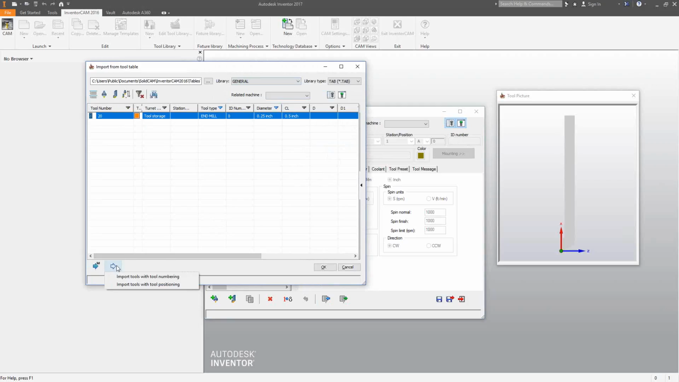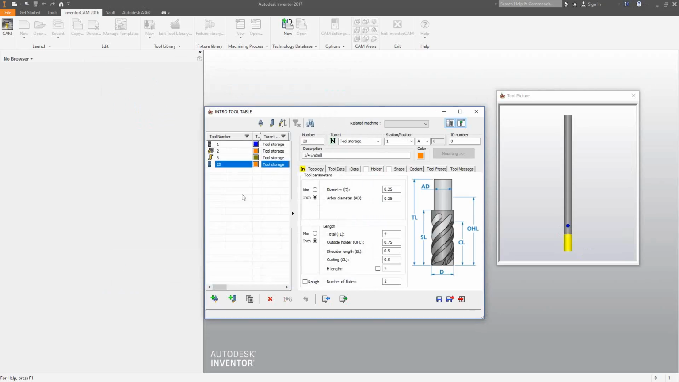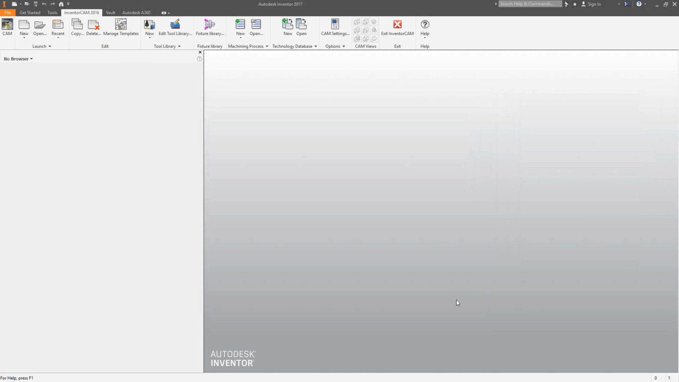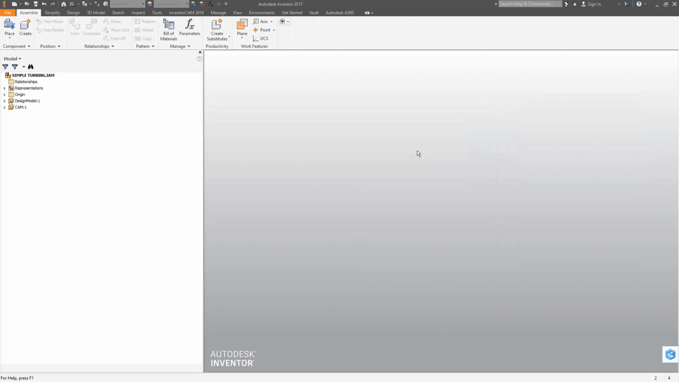So tool 20, I'll just click on the white arrow, import it either with the tool numbering or the tool positioning, and that adds it to this library, and I can save this library as my intro tool table. It has these 4 tools, and I can exit. So that's how you create a global library. Now let's see how this operates when we get to the actual operation side. So I'll just go to recent CAM parts, open up a recently opened part,